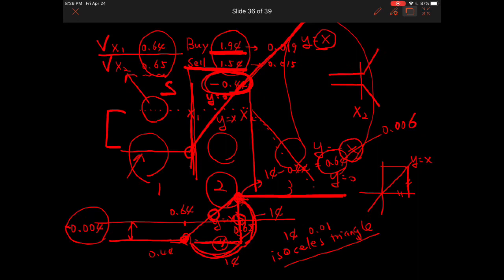Now let me, can I redo this one? It should not be easy. I don't know how to clear it up. Can I clear? Oh, I can do that, right? Now let me draw that again. This is x1, this is x2, right? This is 0.64, this is 0.65. The starting point is minus